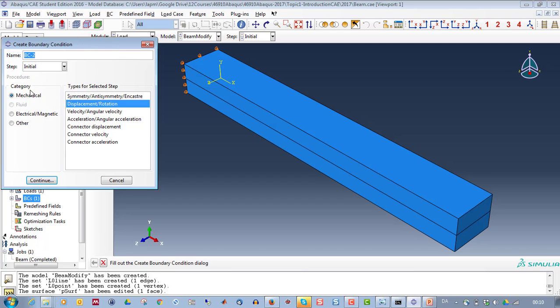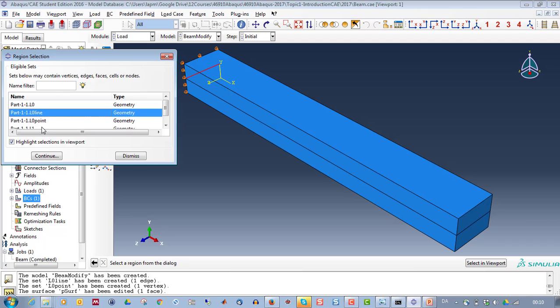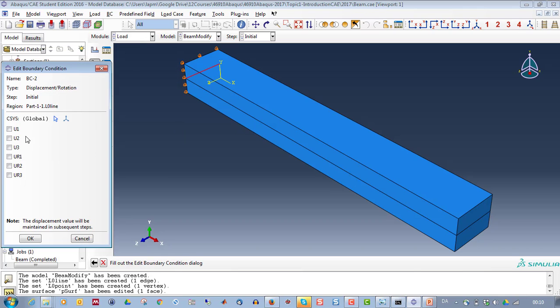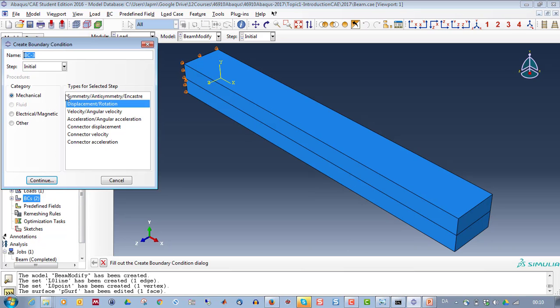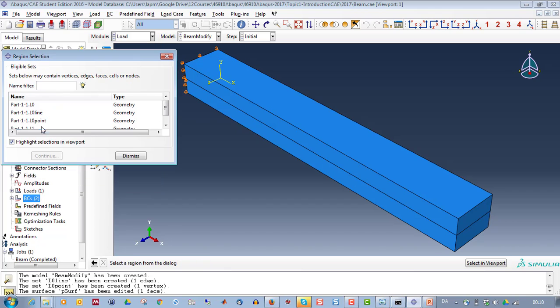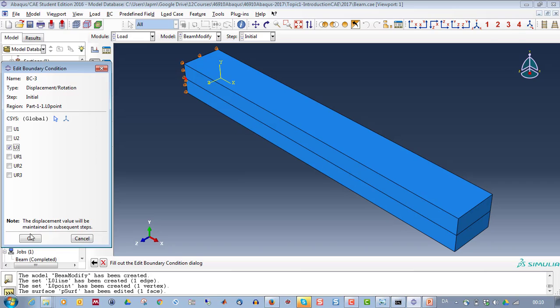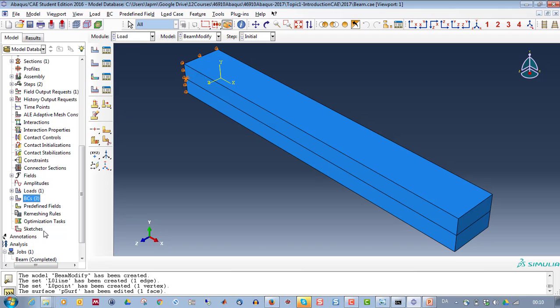So a new one, an initial one, and here we will take the line, and here we will take U2, and a third one to remove the possibility for rigid body movement for the point, and here we will take the U3. Remember that rotation degrees of freedom are not active for solid elements.